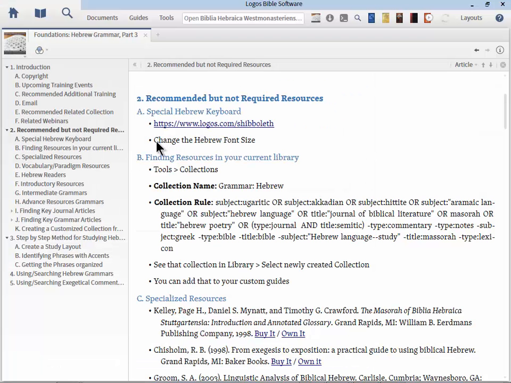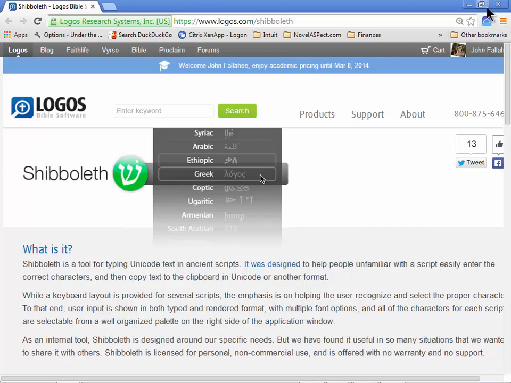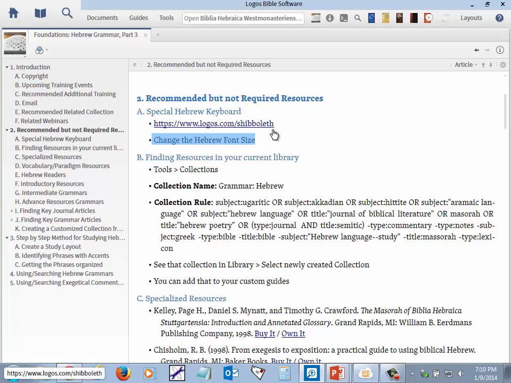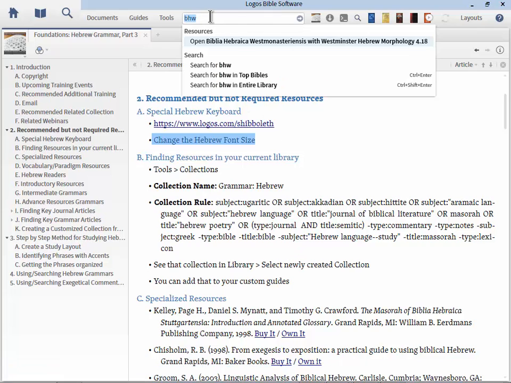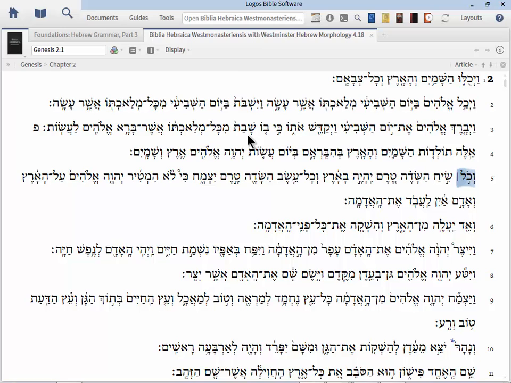Okay, the next thing is changing the Hebrew font size. This is so important. So let's go ahead and close this down and let's open up Logos, and I'm going to open up a resource. Now, if you go up to the command line and type in BHW, now let me turn this back to normal font size. When you're working with the Hebrew, first thing you're going to realize is there's a lot of small characters. You could easily have to change your prescription of your eyeglasses if you're spending too much time in the Hebrew text. So the first thing you want to do when you open this up is make the text large and